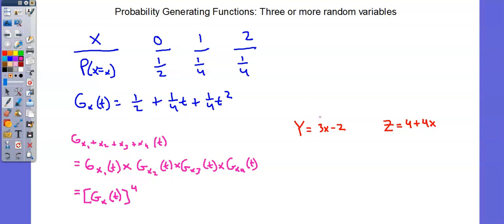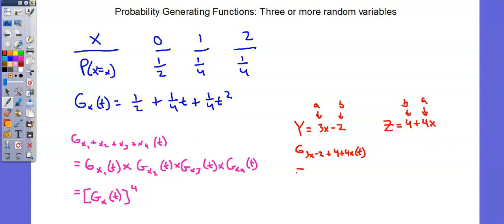In the second example, we're looking at probability generating functions for functions. Let's identify for y, a and b, and for z, a and b. And here our requirement is the sum of the probability generating function for y, which is 3x minus 2, and z, which is 4 plus 4x. And applying the concept that the probability generating function for the summed variables is the product of the probability generating function of the individual variables,